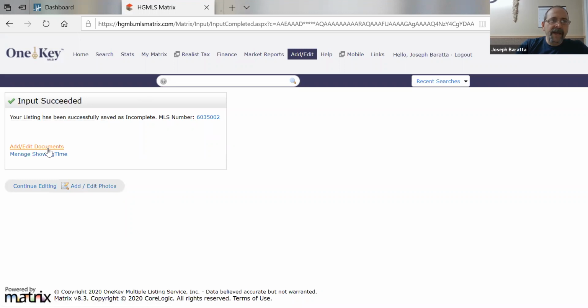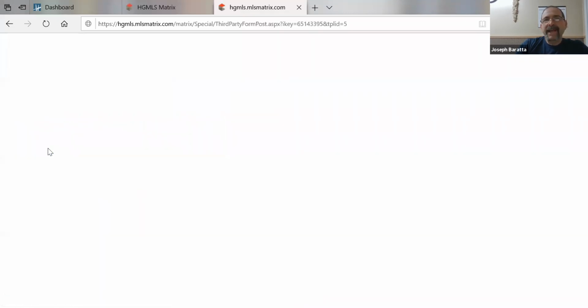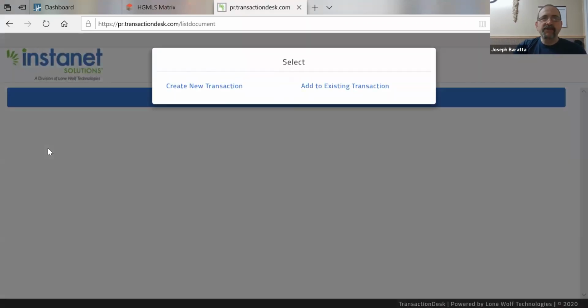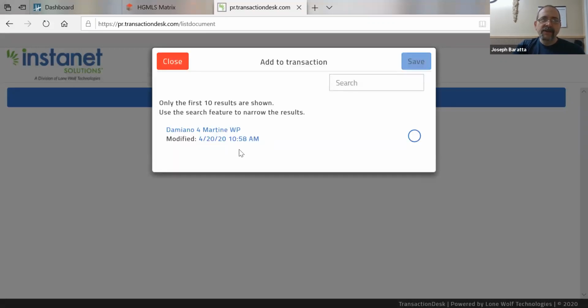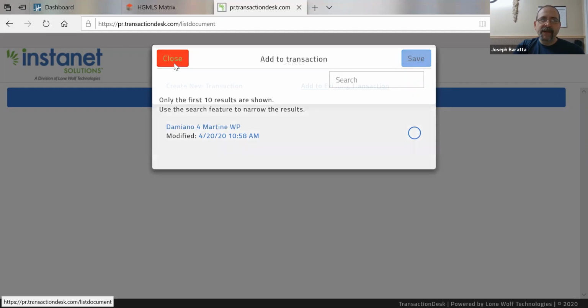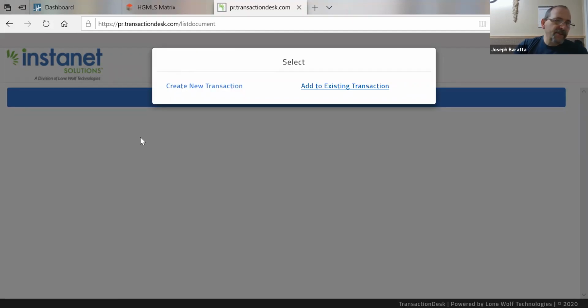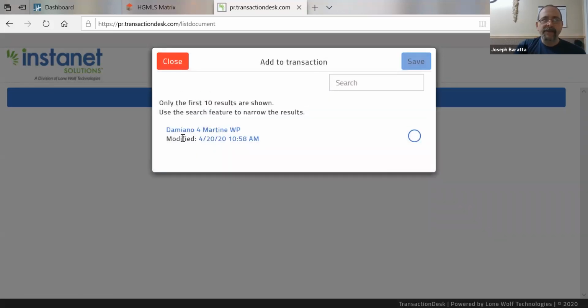And if we go into add edit documents, it already has a folder. Now, if you hadn't created a folder for her already, and you just took this from scratch, we already have an existing transaction, right? So you would go here, and we already have, there's the transaction. I'm not going to do it. If you were fresh from scratch and you didn't have a folder yet, then you would create a brand new transaction. It's going to make a new folder for Martine. But since you have one, you're going to dump it in there and you're going to upload onto that. Let's just do it now, pretend. And let's go to Martine, and it's going to ask me to,